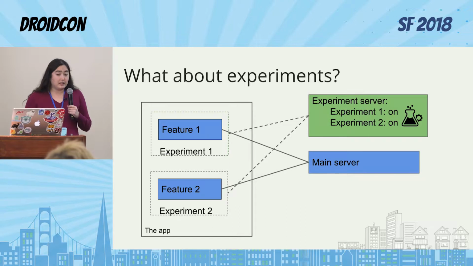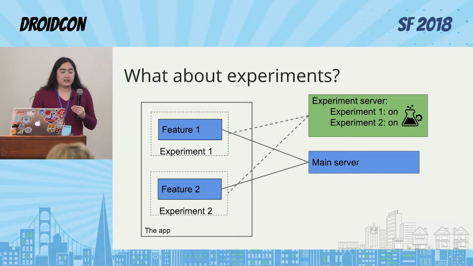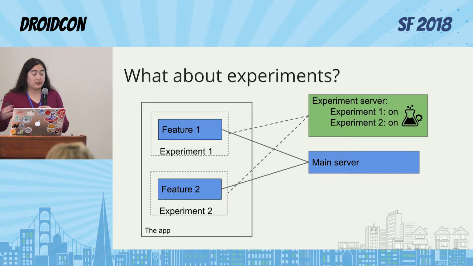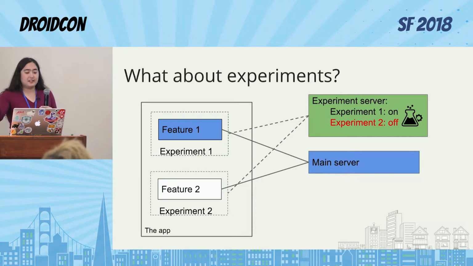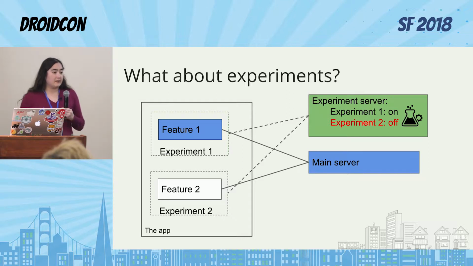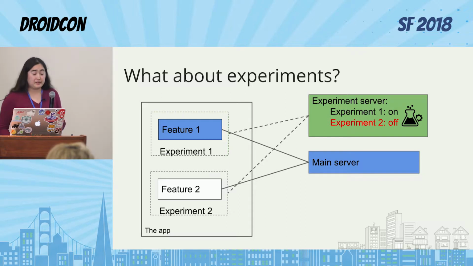The first thing we thought of is that we have this experiment system, which we also use for feature toggling, where a server has a configuration, and the configurations can specify what code runs on the device. So you could wrap a feature in an experiment, and then on the server say, turn this off, and it syncs with the device, and the device turns that off. For instance, when we had the DDoS problem, that's how we were able to stop it from happening.